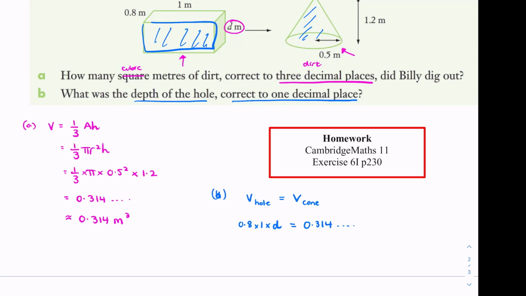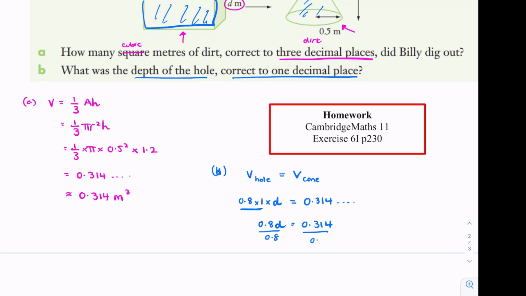I might use my full calculator version, but you can use your rounded version if you like. So let's have a look at it. 0.8 times 1, if I do that part first, I get 0.8 d equals 0.314. And now I'm just solving a very simple equation. I'm going to divide both sides by 0.8. And so I end up with d equals, and my calculator gives me 0.3925. I'm going to read the question again to see what I'm meant to round to. What is the depth of the hole correct to 1 decimal place? So rounding this to 1 decimal place, there's my first decimal. There's a 9 after that. So this is 0.4